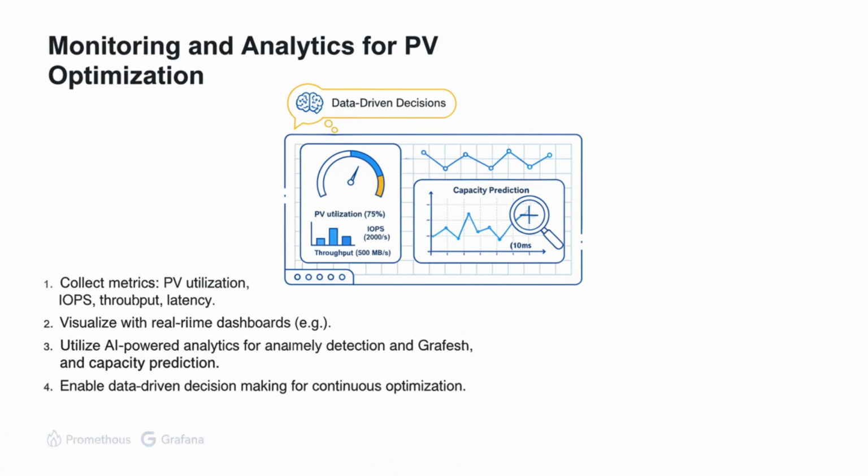You can't optimize what you don't measure. Robust monitoring and analytics are critical for intelligent PV management. This involves collecting metrics on PV utilization, IOPS, throughput, and latency across all your persistent volumes. Tools like Prometheus and Grafana provide the capability to visualize these metrics in real-time dashboards, offering immediate insights into storage